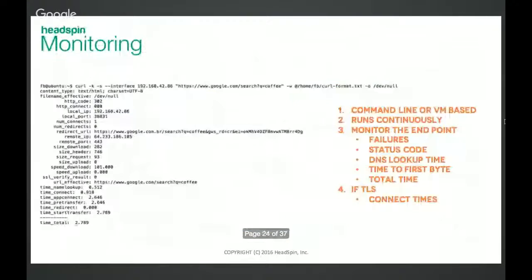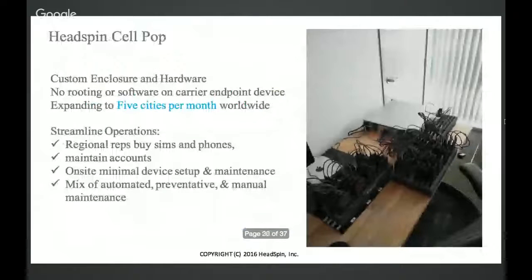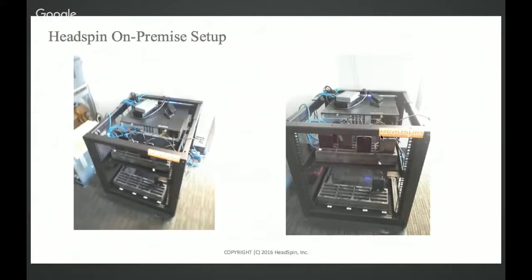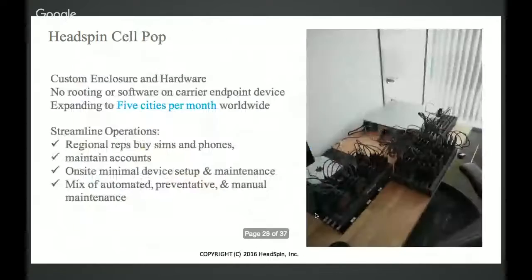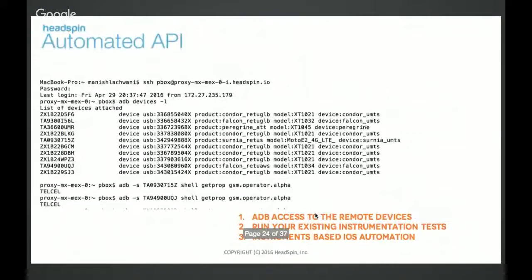I'll quickly jump to a slide where you can see that there are these real phones and real devices with SIM cards for which we manage the payment plans and make sure that these phone device farms are located in real cities within India as well as globally, where people can reroute their network traffic and have access and test the apps over real locations. Now, having done this, once you reroute your network traffic to these devices, you are going to see a rich dashboard